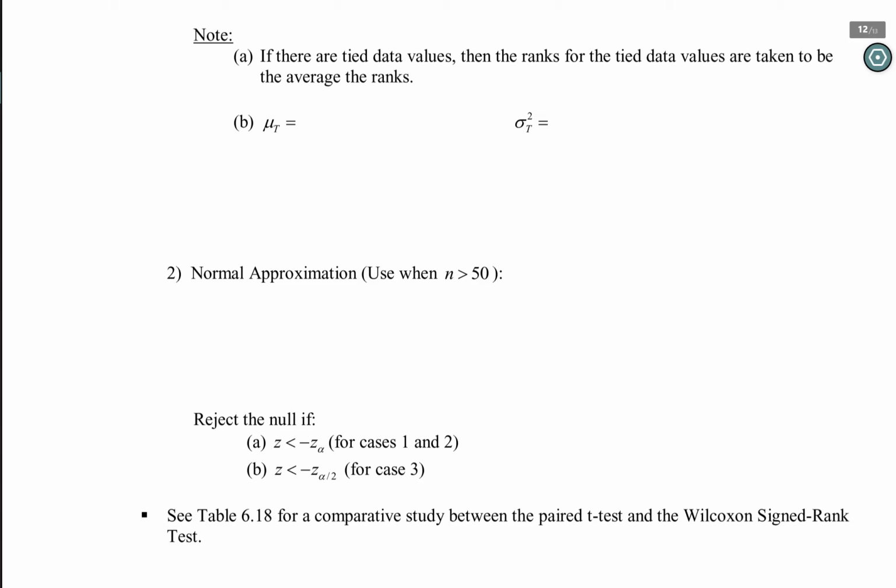Secondly, here under note B, the mean of that T value turns out to be n times n plus 1 over 4. We're not going to derive where that came from. If you want to see where that came from, you would want to look at a course or a book in non-parametric statistics. Sigma squared T turns out to be n times n plus 1 times 2n plus 1 over 24. And I also want to make a note here to see the text